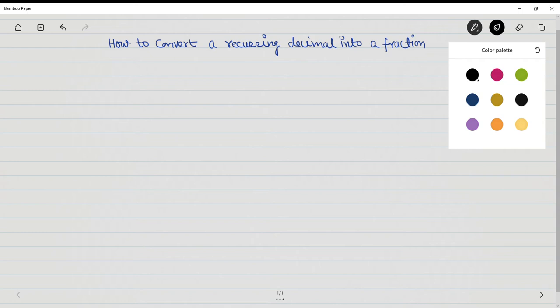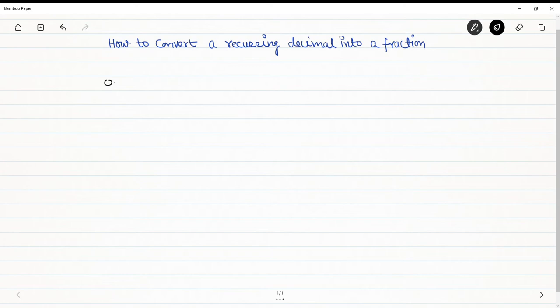Now, the first question is what is a recurring decimal basically? So, for example, 0.7 bar is called a recurring decimal because it actually can be written as 0.7777 dot. So it will be continuously going like that. Interestingly, it is a rational number also. Why? Because by the definition of a rational number, it is in P by Q format where Q is not equal to 0. So 0.7777 can also be written in this format.